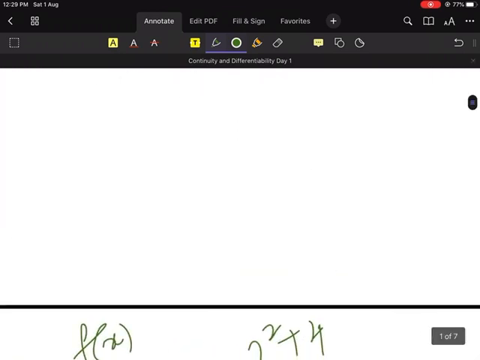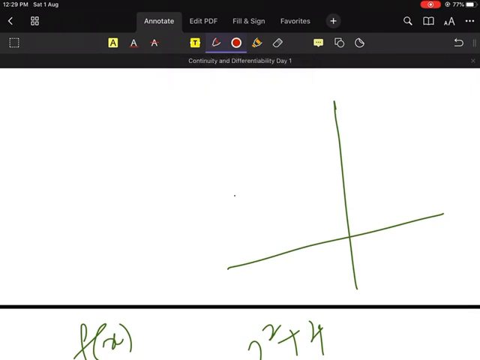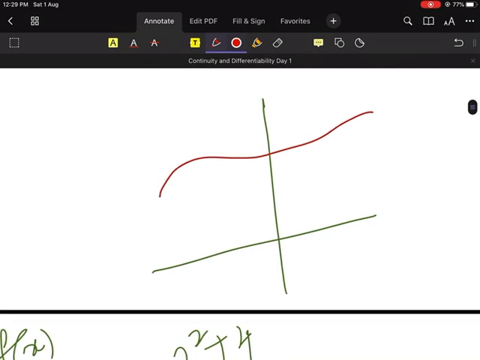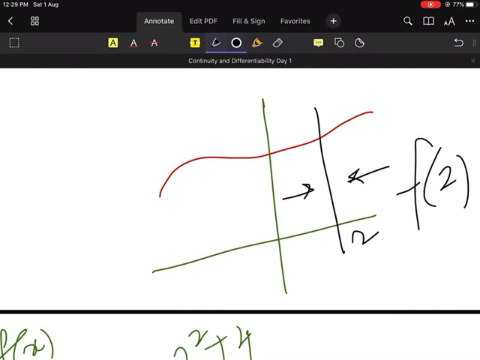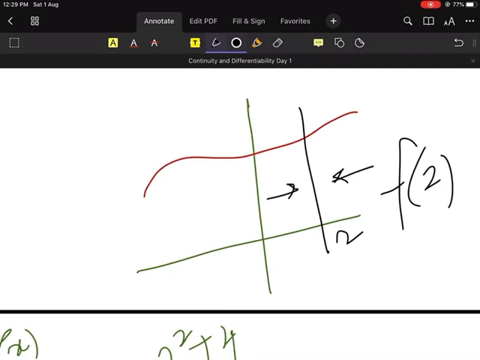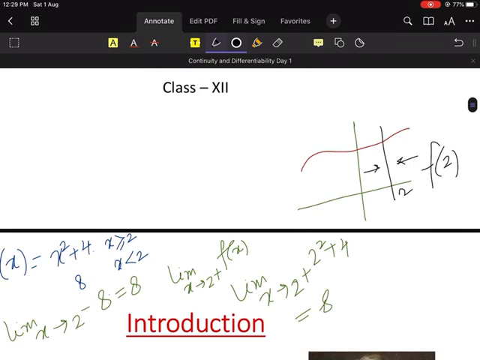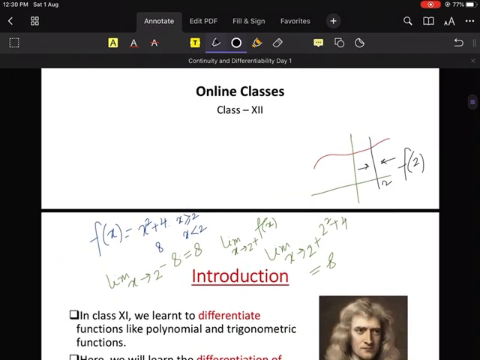Is the function continuous at 2? When can a function be continuous? Today only I discussed. When the function is like this, right? Yes or no? Acha, tomorrow I will discuss because class 11 students are joining. Continuous at 2 means what? Continuous at the point 2 means the left hand limit equals the right hand limit equals the value of the function at the point 2. So it has to be equal to f of 2. Yes or no?